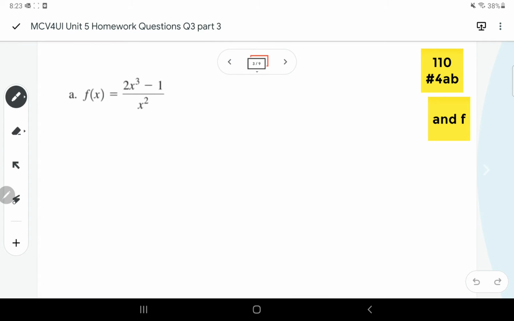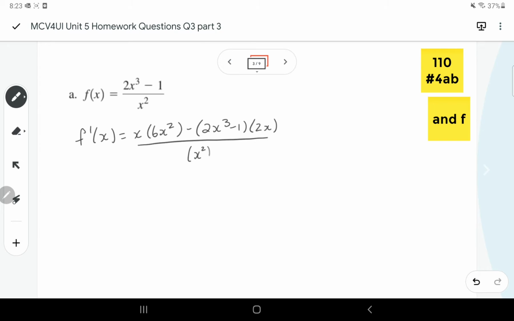Okay, these I think were just all straightforward derivatives. So we'll work through these. On page 110, number 4, there were a few. And quotient rule again. We start with the bottom times the derivative of the top, which is going to be 6x squared, minus the top, 2x cubed minus 1, times the derivative of the bottom, which is 2x, all over